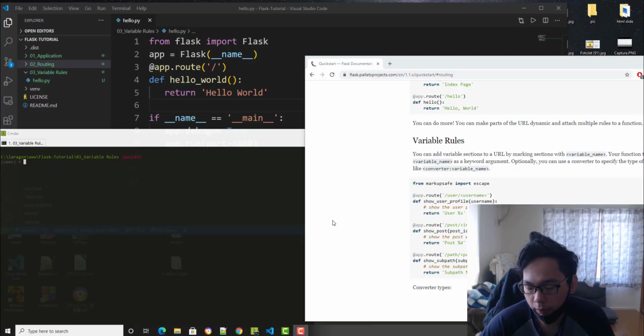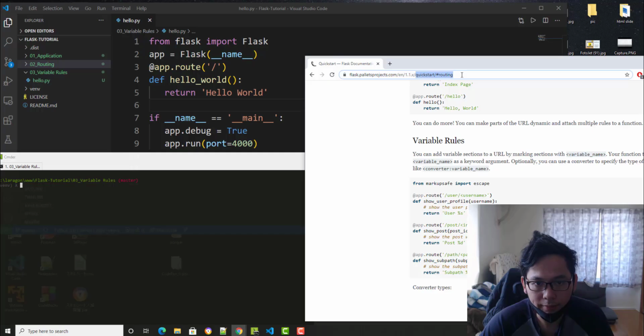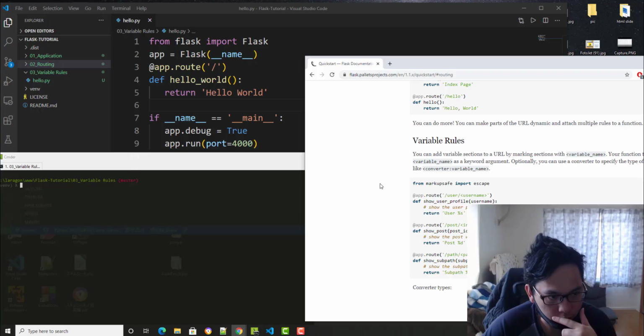Okay, so let's talk about variable rules in Flask. So in the documentation, you can pass it in the URL, something like that. You can pass string, int, and path or something like that. You can do that in Flask, but okay, if you're a beginner, you should always keep in mind that there's a security risk. That's why you should never learn this in your first web development. I think you should go back to PHP.